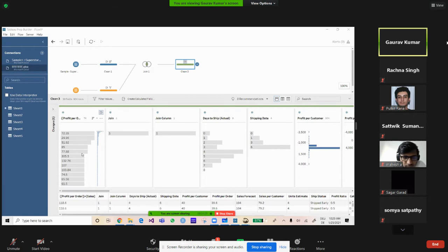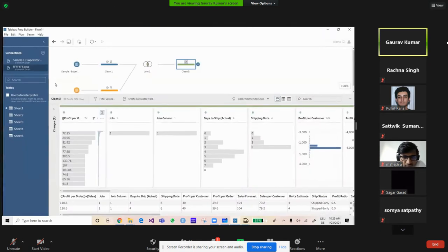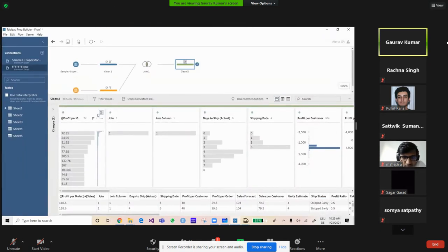This profit, profit per order plus sales, is another column which the user has created for their own purpose, for their own operation.